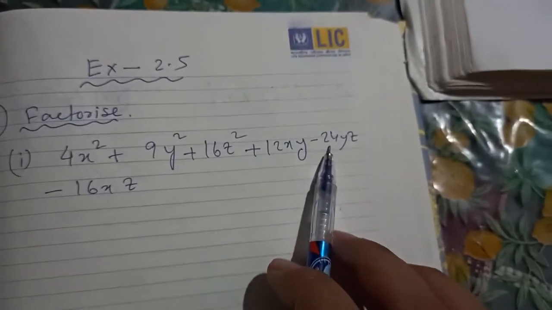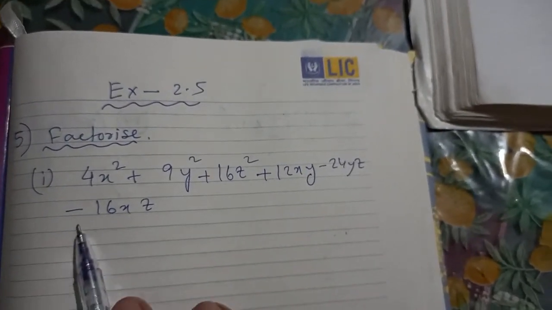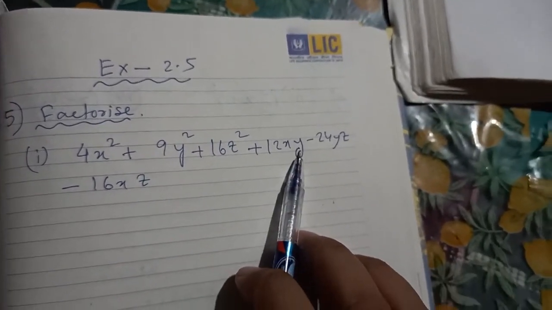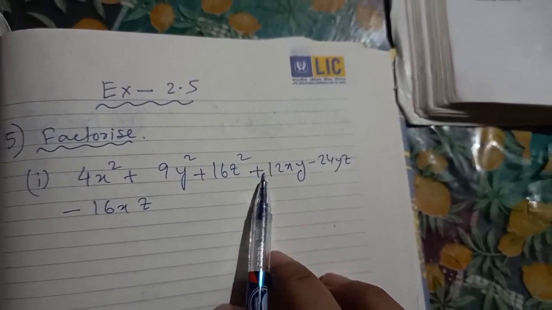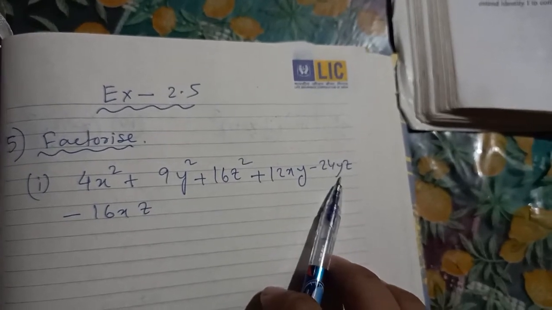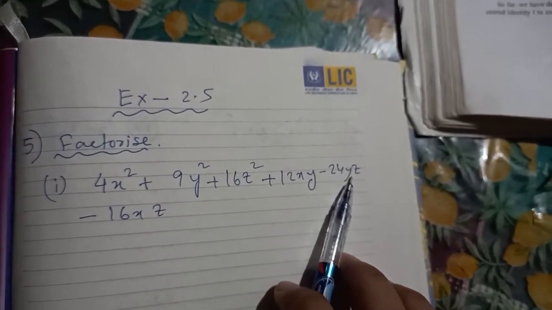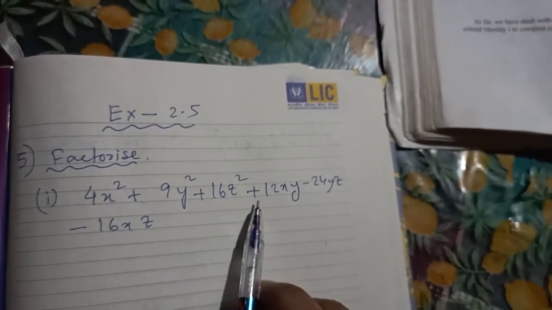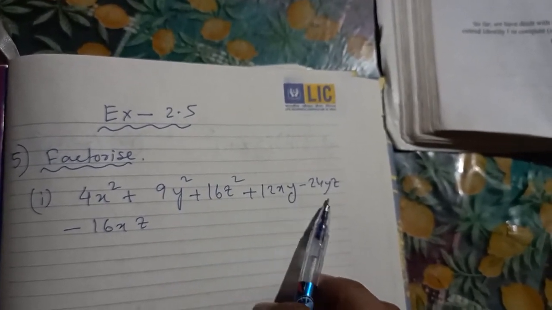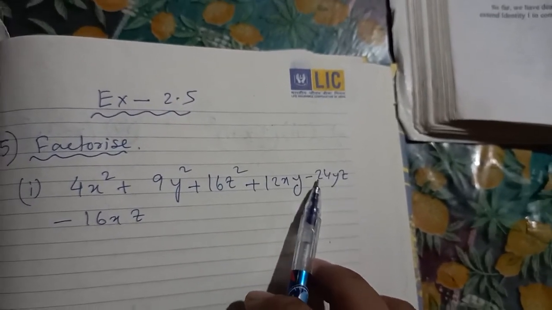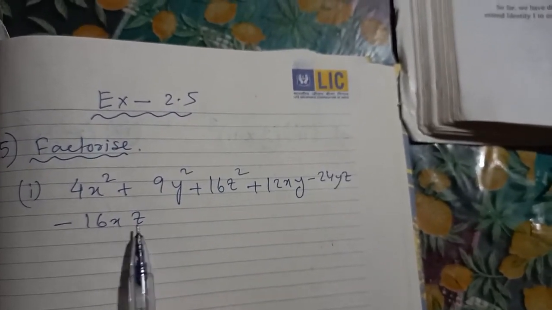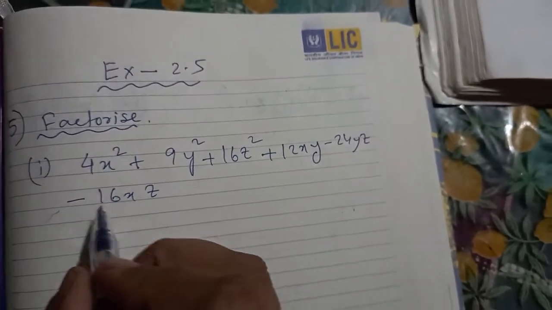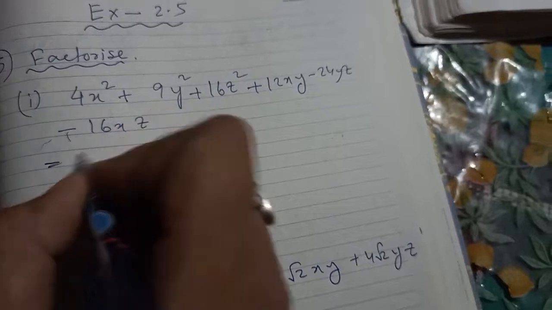One is at YZ, there is a minus, and from X and Z there is a minus, but in X and Y there is no negative, it is plus. So from here what we can conclude is that one of the variables is negative and that variable cannot be X, because X and Y is positive here, but in case of Y and Z it is negative, and in case of X and Z it is negative. That means our Z variable is negative.